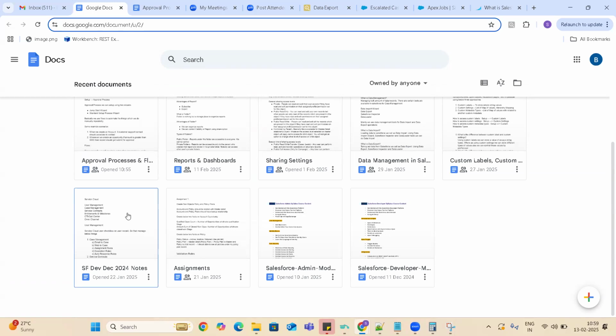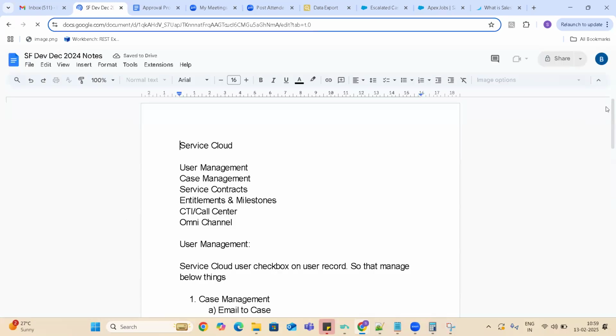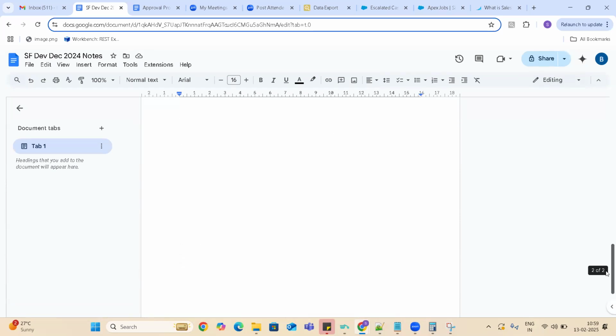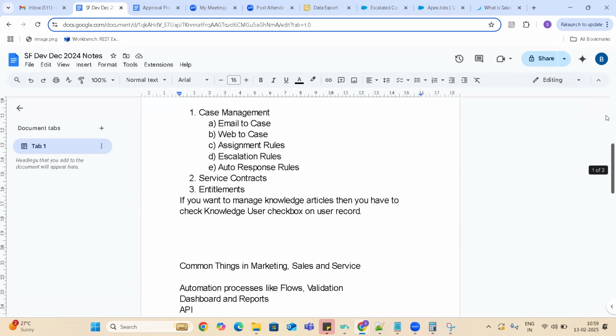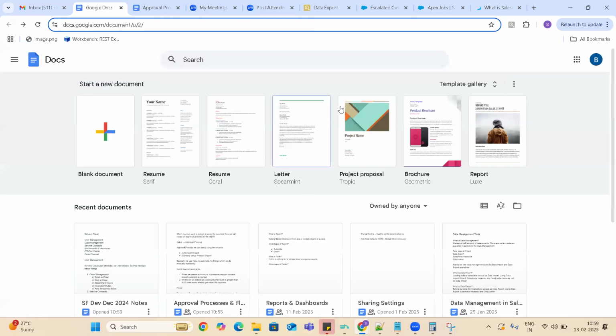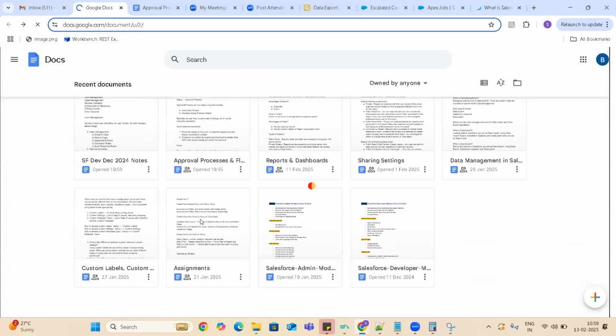I think that is this one, SF Dev Notes. But if there is no document, what is this? This is just an assignment.